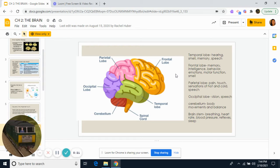Parietal lobe: pain and touch, and sensations of hot and cold, and speech. When you feel pain in your tooth, for example, it really hurts a lot. And when you touch,